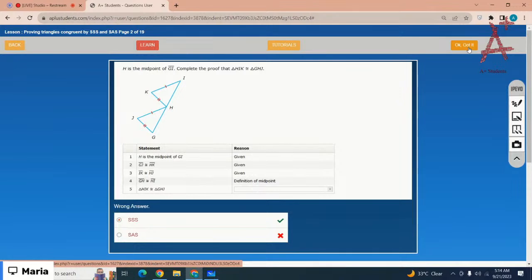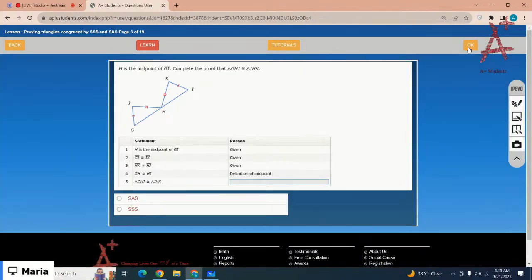Hmm? Side, side, side. Where is the third? Oh, yes, that is three sides. So that would be side, side, and side, right? Okay. Okay. H is the midpoint of GI. That's exactly the same as what we just did, right? So the correct option is